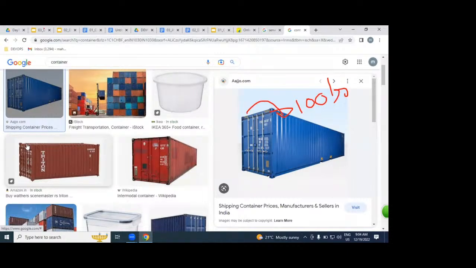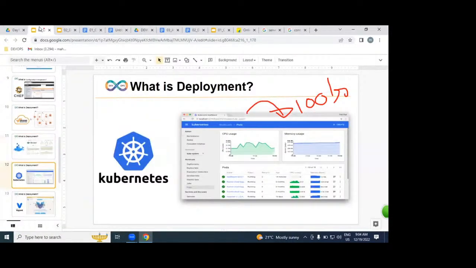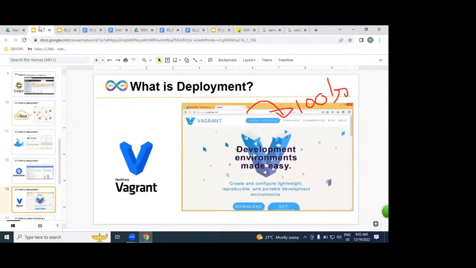Understood very clearly? But who can manage these containers? The ship. But where is the ship here? Kubernetes. By using Docker, we can deploy n number of applications on n number of containers. Those containers are managed and controlled by Kubernetes, steering the ship. Understood very clearly. So not only deploying our applications on Docker, not only on Kubernetes, we are